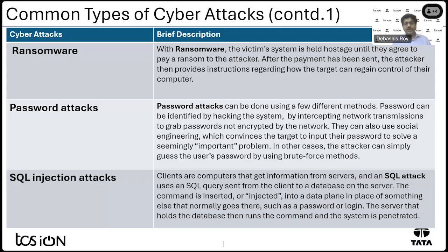Then there can be a dictionary attack. In a dictionary attack, it combines different dictionary words and different combinations of the words to check whether the system gets cracked. The software will do it automatically. Once you launch that attack, it will go on trying different combinations until it actually breaks the system. There is another thing called a rainbow table. So there are multiple ways password attacks can be launched.